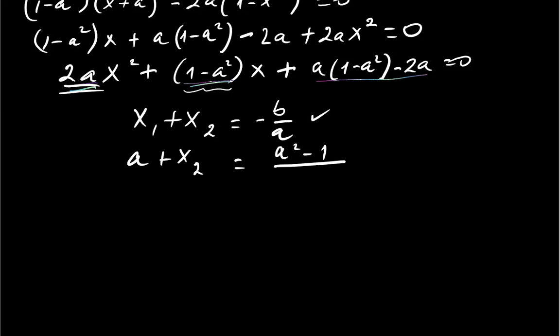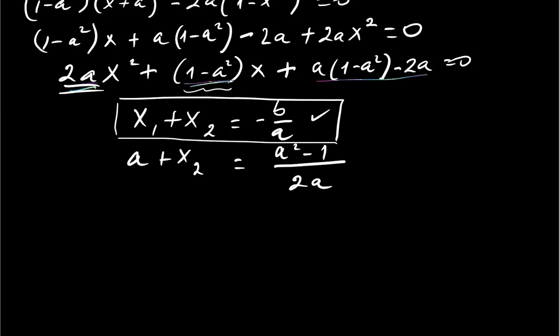The original a is 2a here, okay, if we apply this formula. This is for the regular quadratic, not to be confused with the a we are having here now. So we can say that x2, if we subtract a from both sides, is equal to (a squared minus 1) over 2a minus